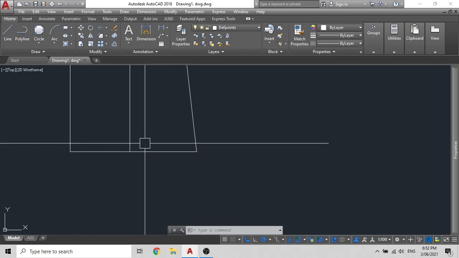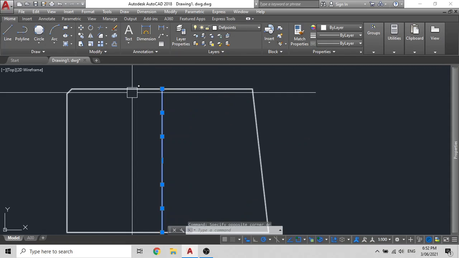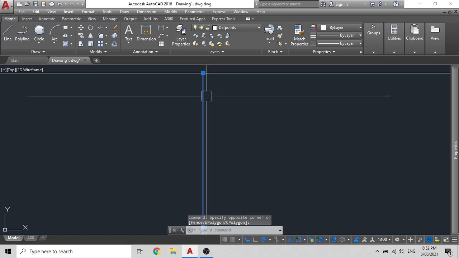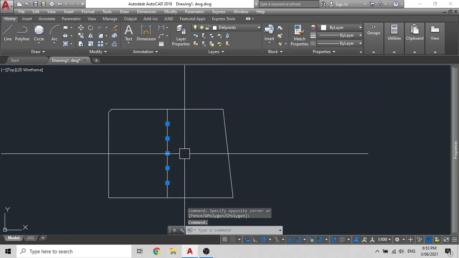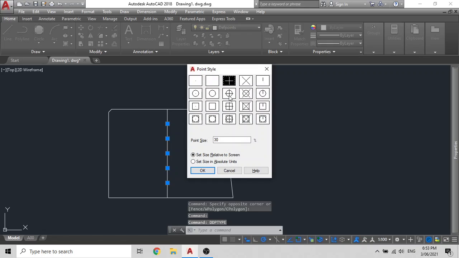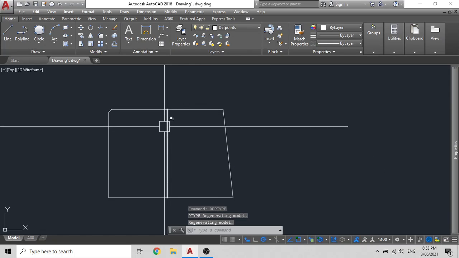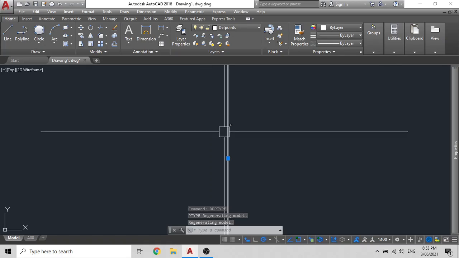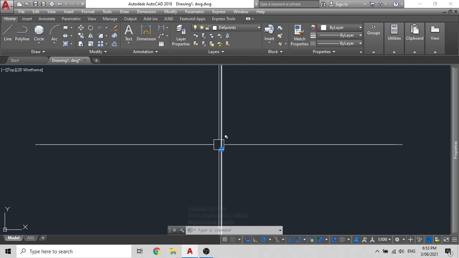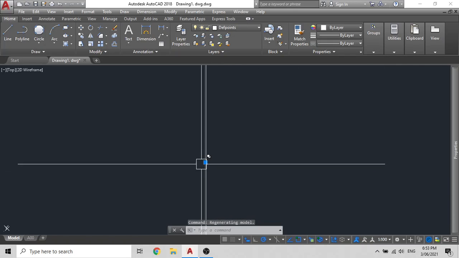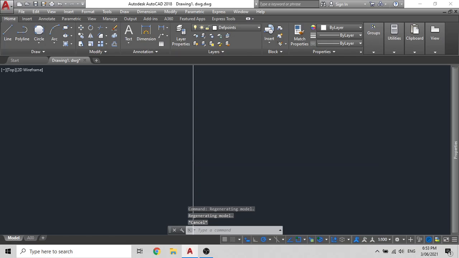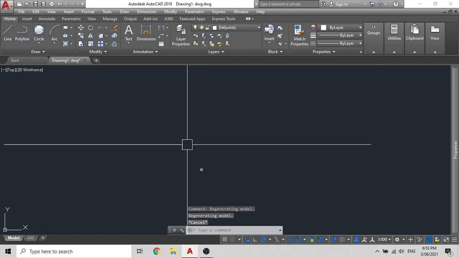Now, I did not select the points there, so let me just select and redo it again. Select your points, then type DDP type. Press enter. Select your cross points, select whichever one you think is right, then you enter your size. Let's put it for 100 for this one and click on OK. Now since I am zoomed out to 1:100, it's going to show you in very small, but it's actually there.